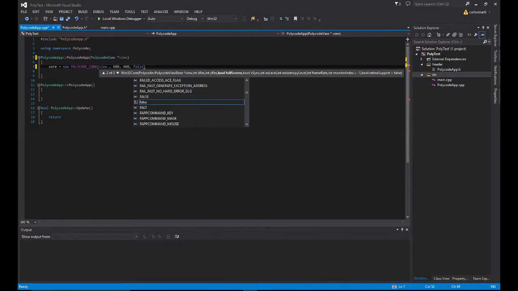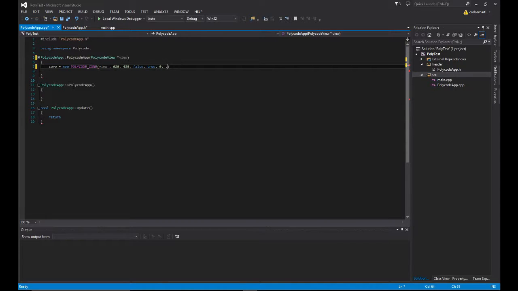This will be false. VSync. Sure, why not? AA. Let's just say 0 on that. 0 on that one as well. Let me put in the 0 first. And what was this one? Frame rate, which will be 60. And I think that's all it needs. Everything else is by default. So now that we have our core,